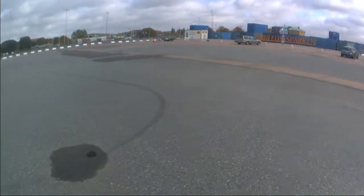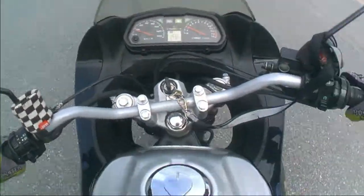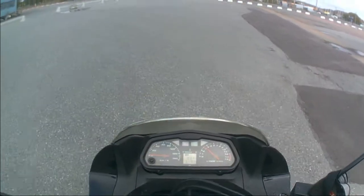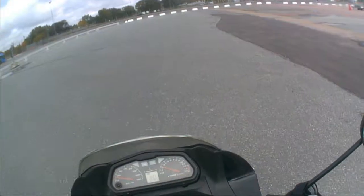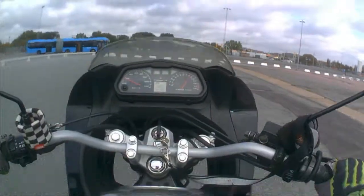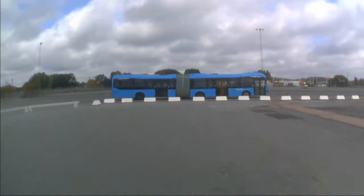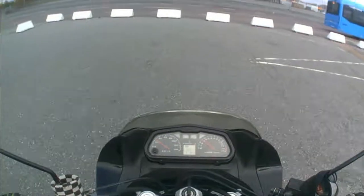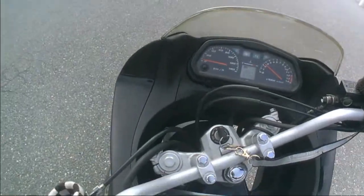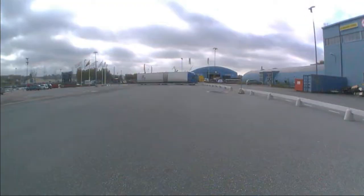So I'm gonna show you a little wheelie now. As I said, foot on the rear brake. I rev it to 9,000 RPM, kinda, and I press the rear brake. Oh shit! Oh god! I almost dropped the bike. I accidentally put in a gear by accident. Okay, so